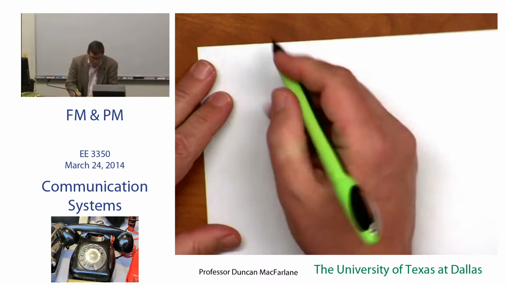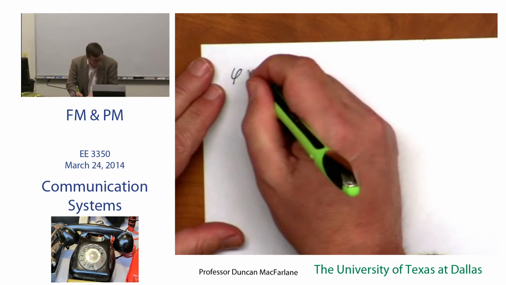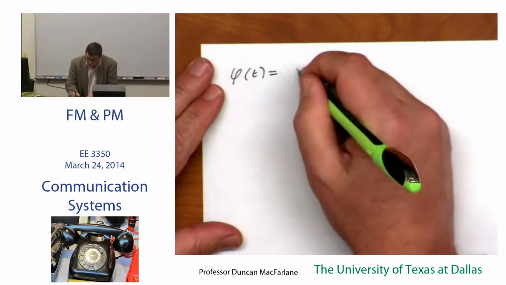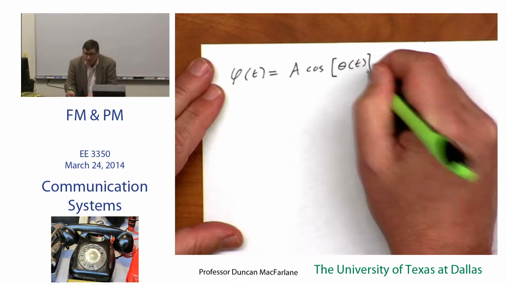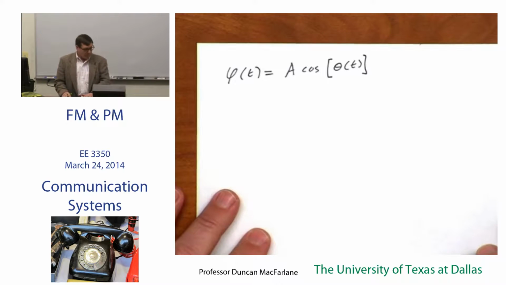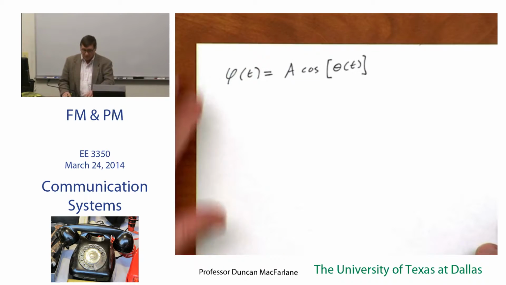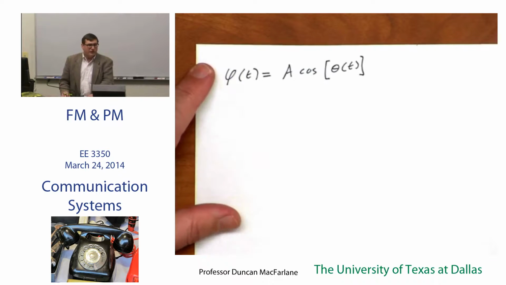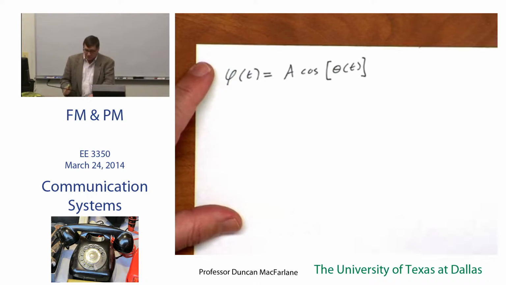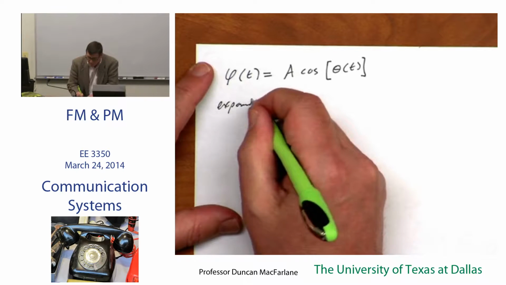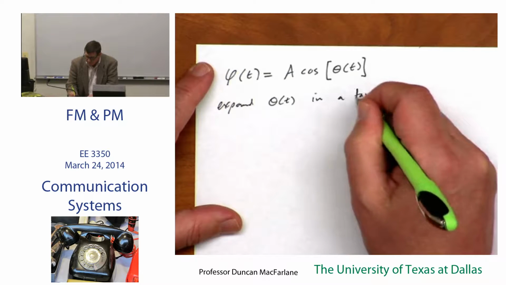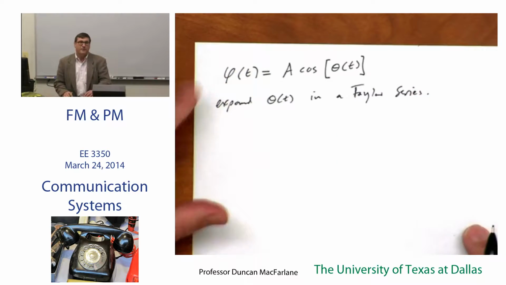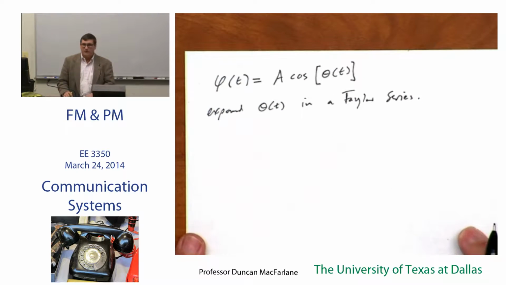Now, let's just take a quick look here. We're going to be looking at waveforms that are of this form. Theta of t is an interesting function. It is a function, so I can expand theta of t in a Taylor series. Not a Fourier series, but a Taylor series. And the Taylor series